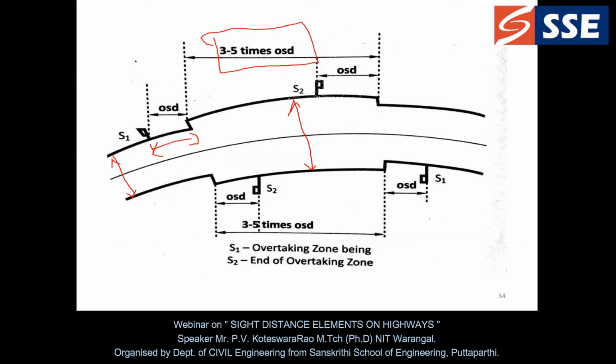And we are going to have an indication here also at the end of the overtaking sight distance, so that the driver can be alert and can easily cross that vehicle. So like this, you are going to draw this diagram also whenever they ask a problem on the overtaking sight distance. So this is the overtaking zone.